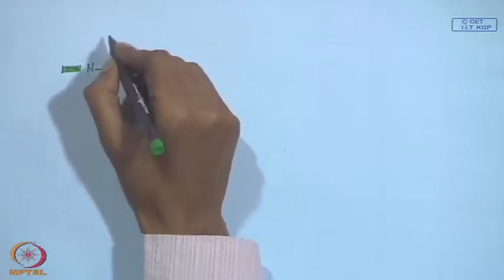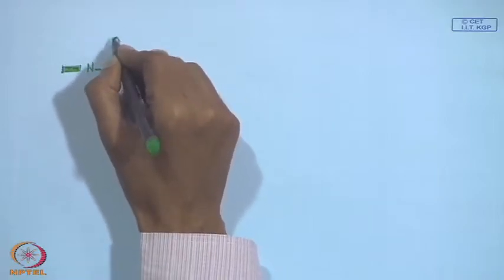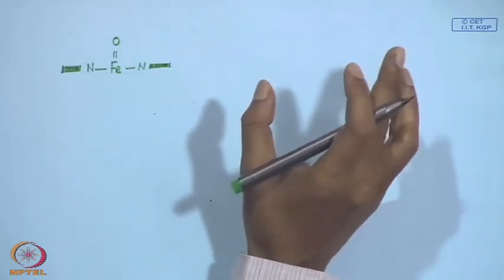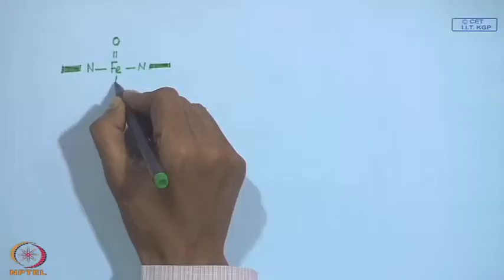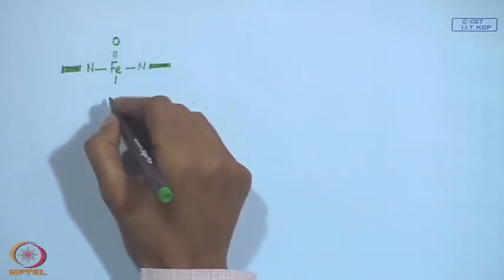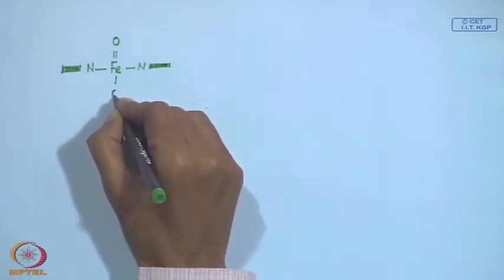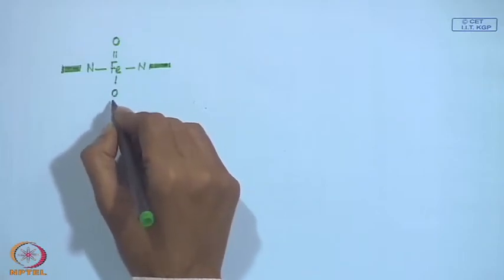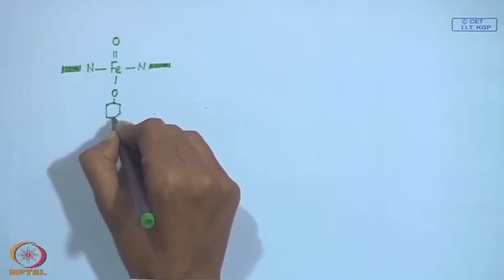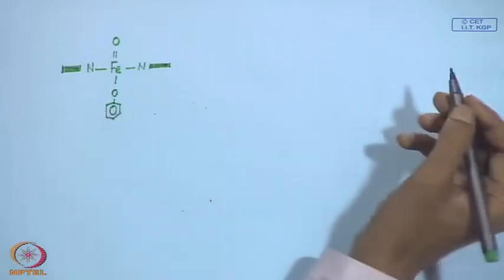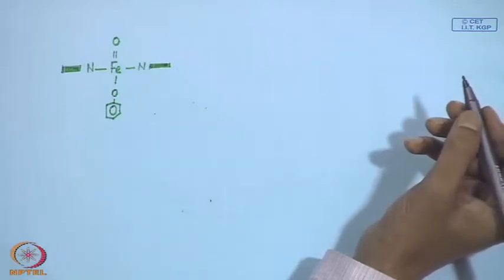Then at one point it is forming the ferryl oxygen, that means in all these cases it goes through this particular intermediate. The only difference is the binding at position number 5. If it is coming from a tyrosine residue, if your tyrosine residue is directly used for coordination to the iron site,